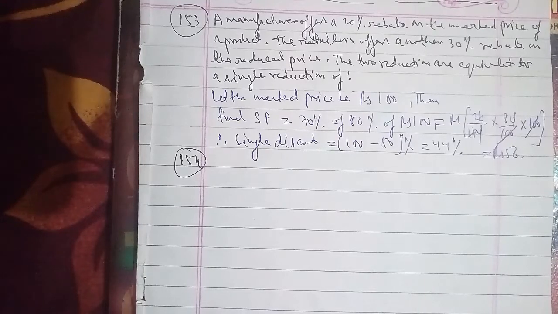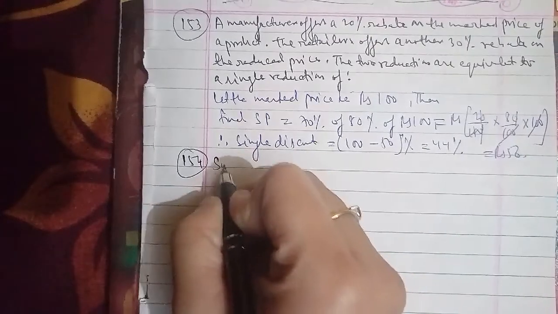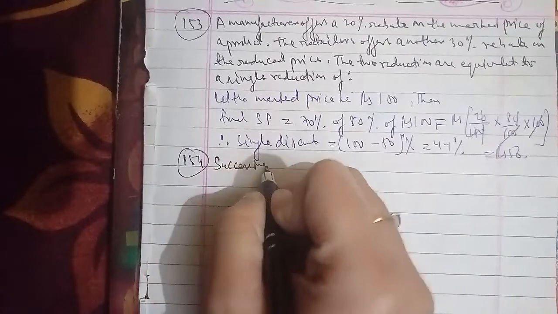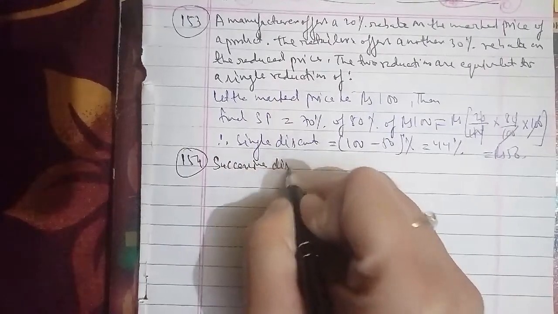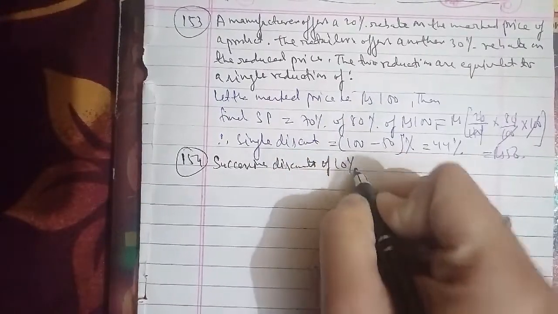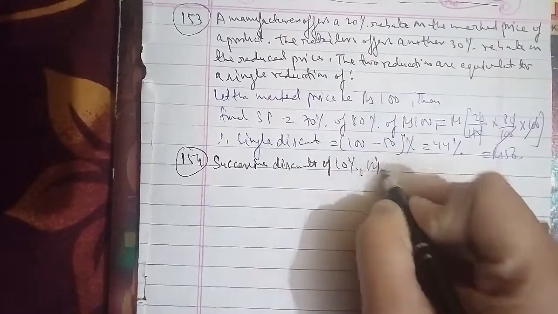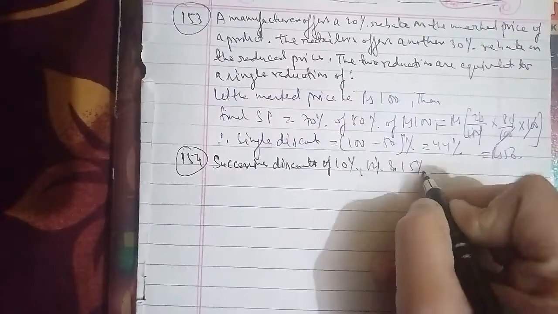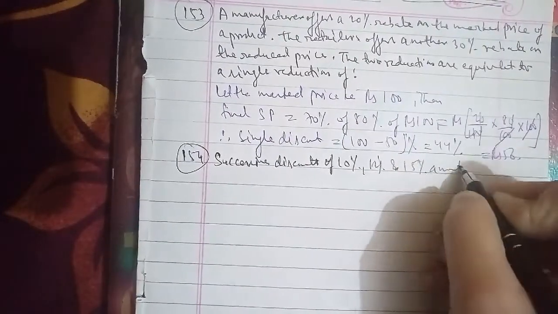Successive discounts of 10%, 12% and 15% amount to a single discount of. That has been asked in the RRB examination paper. So the options we have: